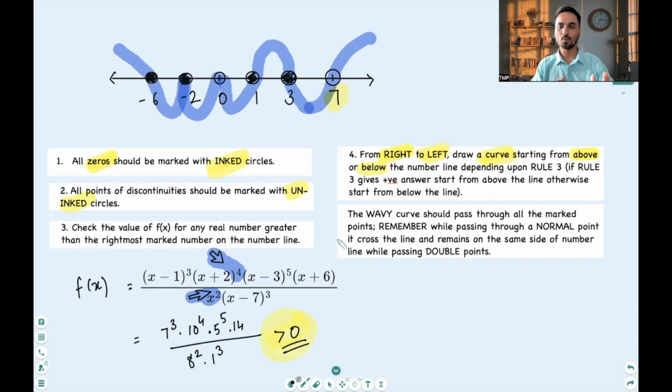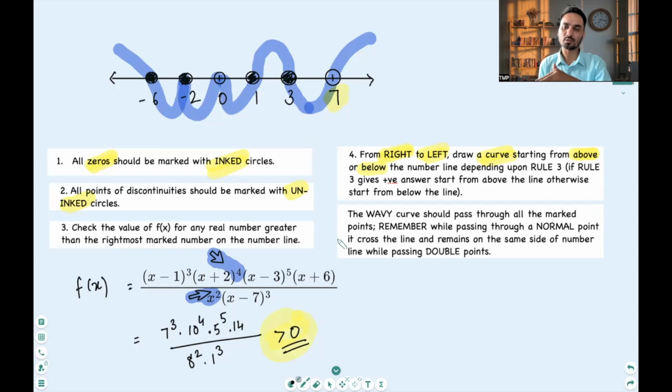Giving you a recap, number 1, we found all the zeros. We found all the points of discontinuity. We marked all the points of discontinuity and zeros on the number line. All the zeros are marked with closed circles, or I can say inked circles, and then all the discontinuities are marked with open circles or uninked circles. In the next step, we choose a value greater than the rightmost point on the number line, and we substitute it in the function to find the value of the function